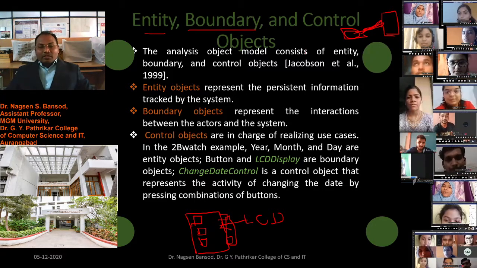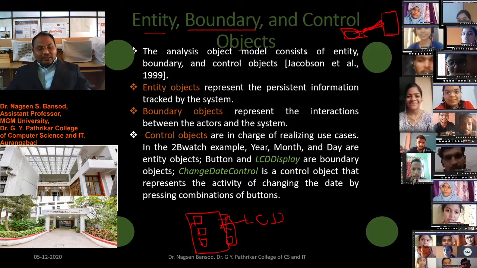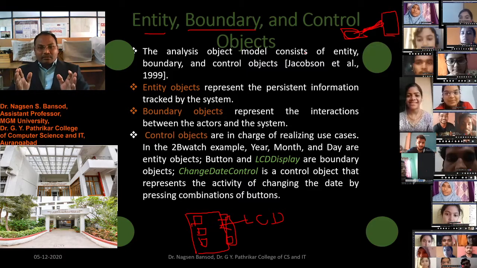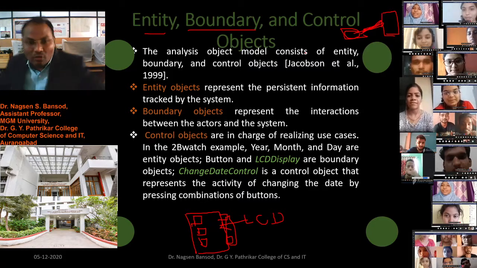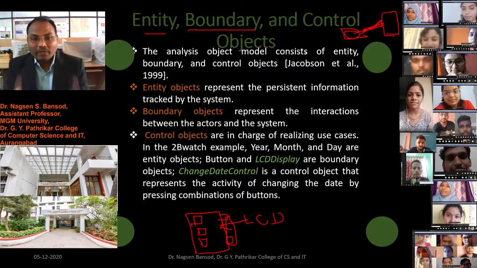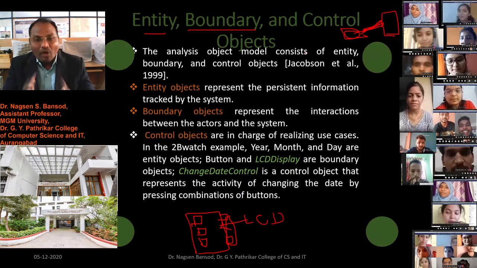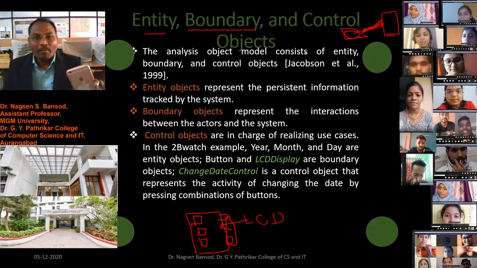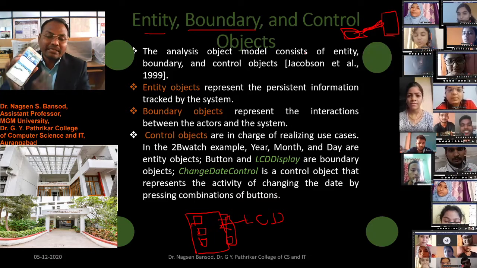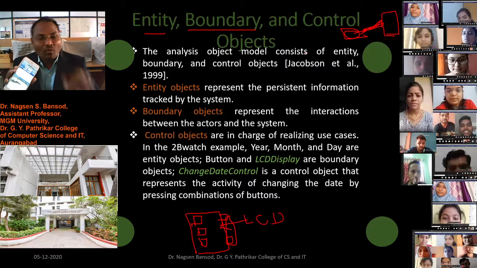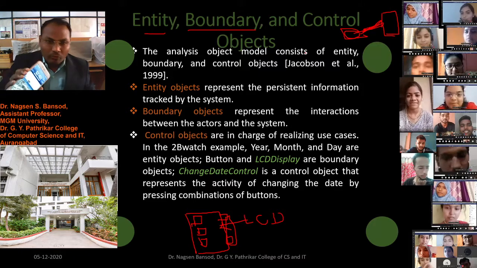Like suppose you are using one software on your mobile phone. In that case, to install that software, you require one device, one operating system, okay. That operating system or your mobile phone will be the boundary. On that mobile phone you will install the WhatsApp application, then WhatsApp will be your entity, and the mobile phone will be the boundary.